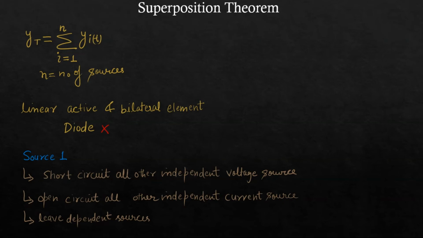Is it fine? So if your circuit has 10 sources, out of which 5 sources are independent sources, then you have to find the 5 responses, one corresponding to each independent source. Then add those responses. Remember, this theorem is not applicable for unilateral elements as well as non-linear elements. Secondly, we cannot apply it for any parameters like power, because power is proportional to V square. So linearity is lost. You can apply it to find out voltage and current, not power or energy. Is it fine? So it can be applied to active as well as passive, but not unilateral and non-linear networks.